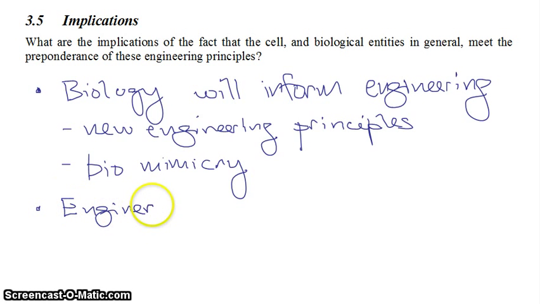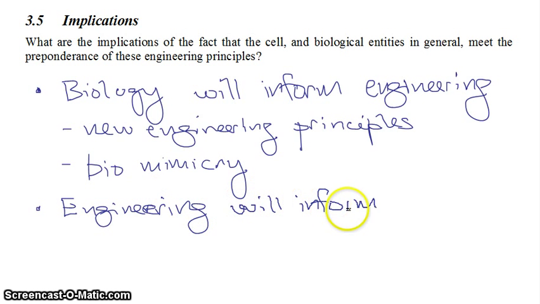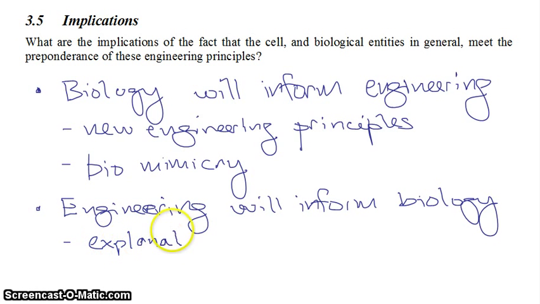Also, engineering will inform biology. So for example, if you are a biologist and you are studying a particular biological pathway, it may not make sense what that pathway is supposed to be doing. But from an engineering point of view, you might say, you know what, because of trade-offs, or because I've identified this performance objective, or because of multi-performance objective optimization, or because I know that this negative feedback loop usually constitutes robustness to the system, etc., engineering will inform your biology. So it could provide explanations of phenomena,